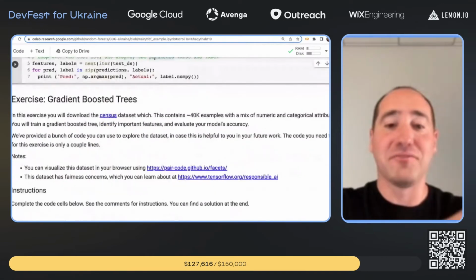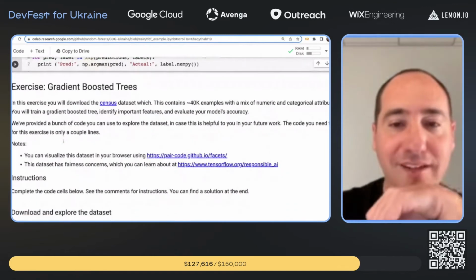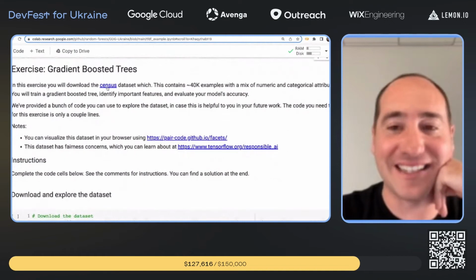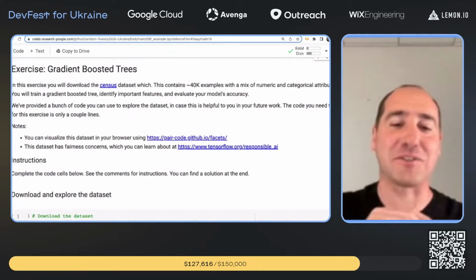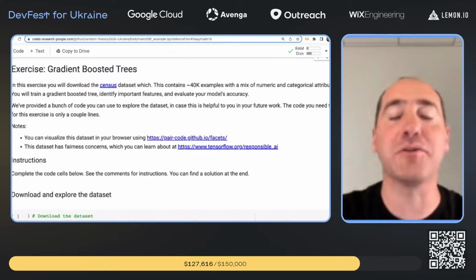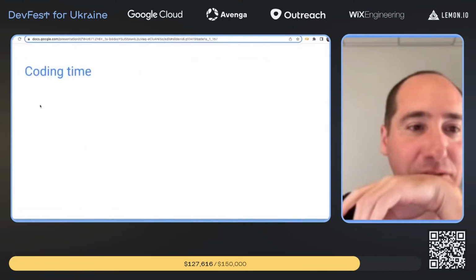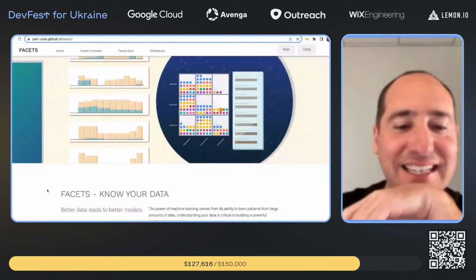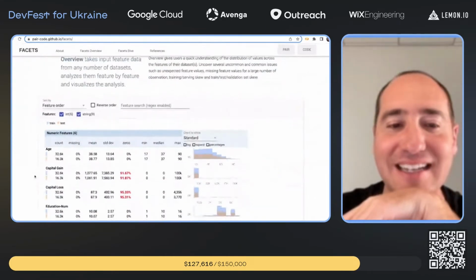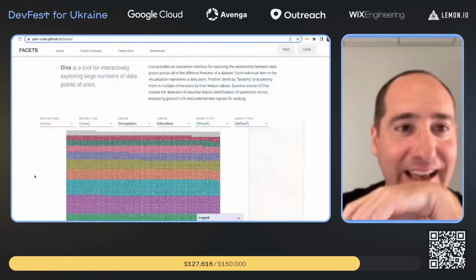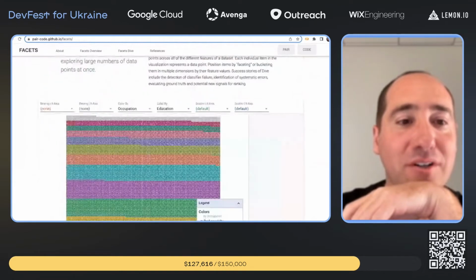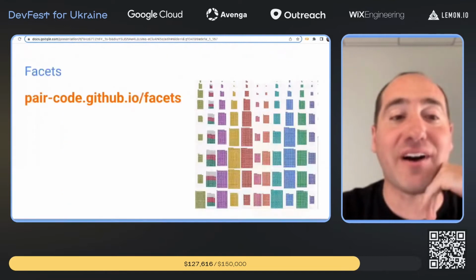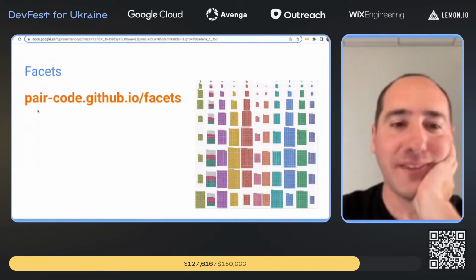And following that, there's an exercise that you can try, and it's using the census data set. To be honest, this is a data set we're trying to move away from. I'll show it to you right now, using a tool called Facets. The census data set is from the 1990 US Census, and it's loaded by default into this tool you might like called Facets. You can find Facets at this link,